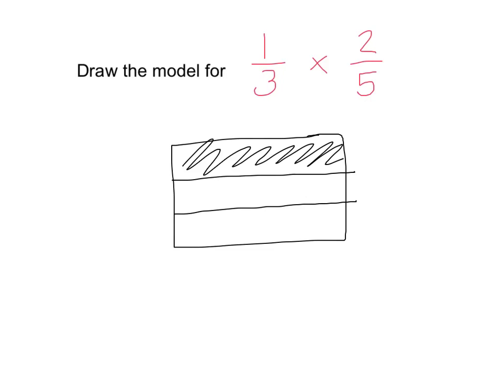Second thing I'm going to do is look at 2/5. And then I'm going to divide this going down, making sure that there are 5 pieces. And in 2 of those rows, I'm going to put dots. Now, let's see if that actually makes sense. If this were to make sense, I can see that the answer for my problem would be 2, because I have 2 squares that have both a dot and shading